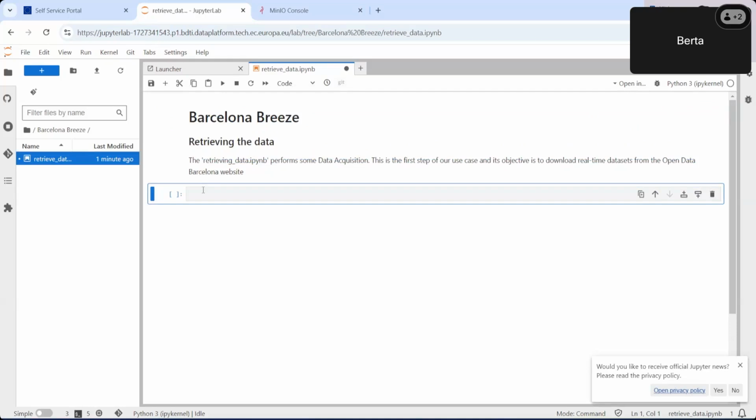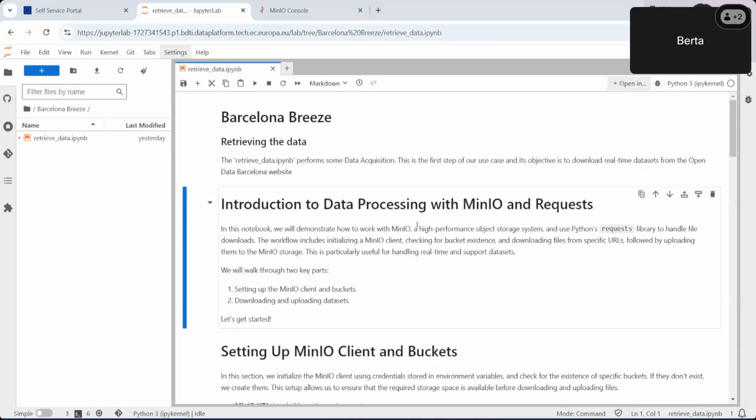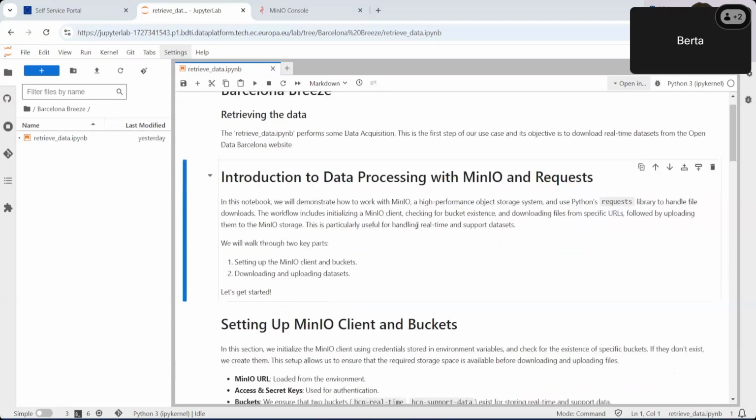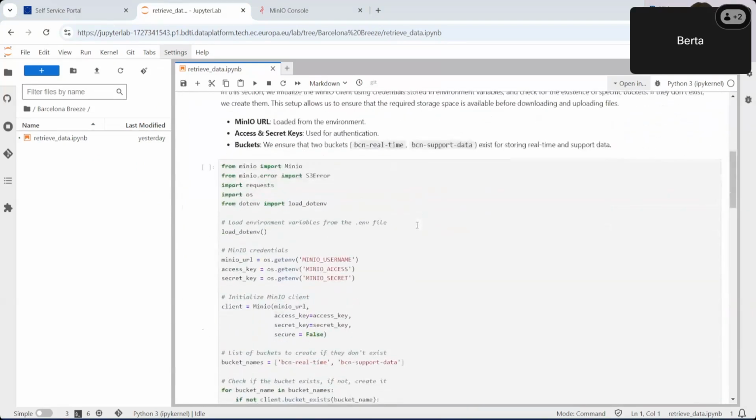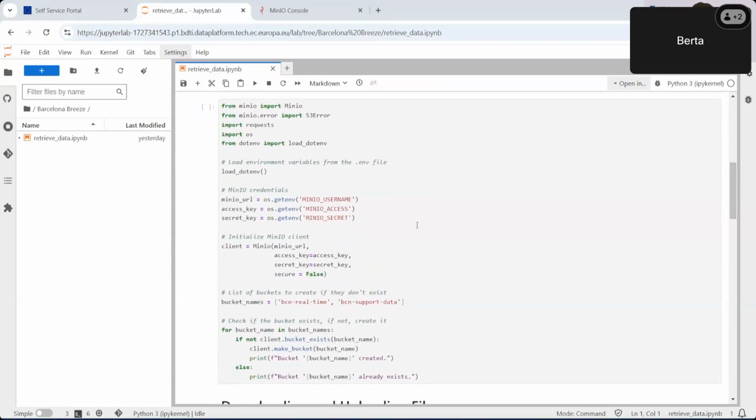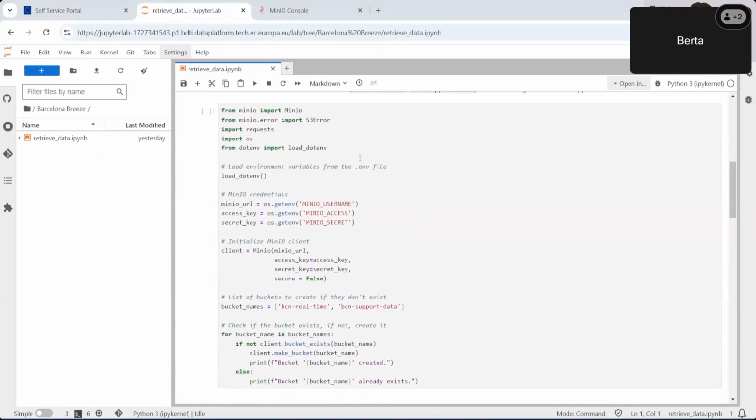We can go ahead and just add the code we want to use and some more Markdown. So now we have created some more Markdown explaining what this Jupyter Notebook does, and you will have this available in the GitLab repo of the workshop. But let's go ahead and take a look at what this first chunk of code does. The objective is to connect to the MinIO instance we created before, and then create a couple of buckets, and if they already exist, just move on. So let's break it down step by step.